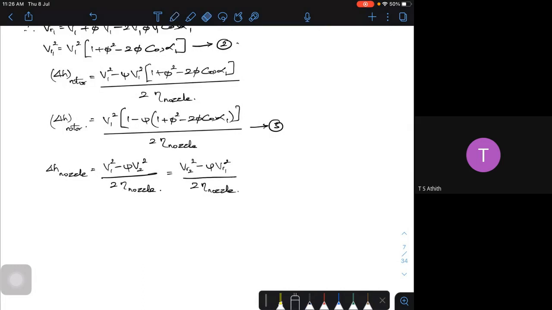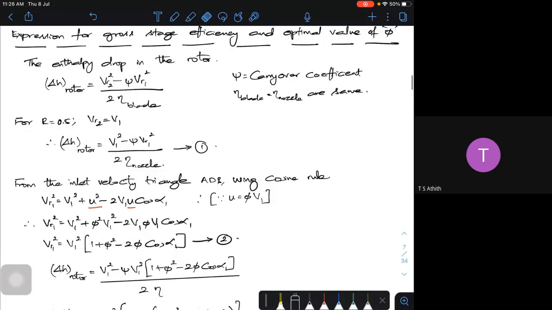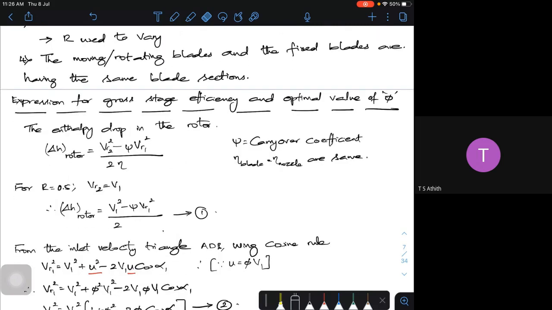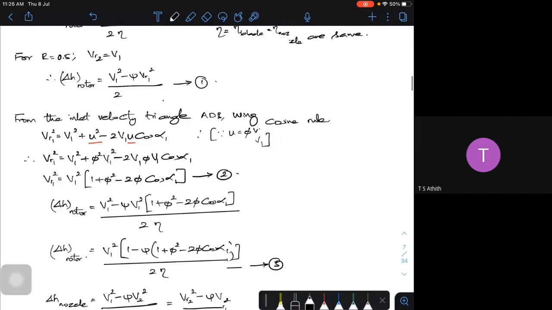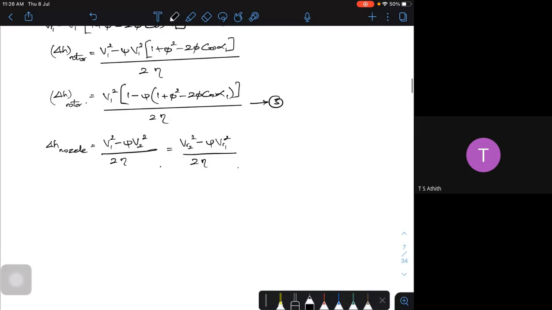So instead of that, I will simply write efficiency. That will be a better option, rather than writing nozzle and so on each time. I will simply write efficiency, so there won't be any confusion at all. Here also I'll put it, and this will be equal to simply the efficiency. Now, if you try to compare, what is it actually?